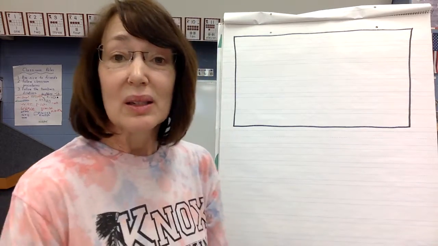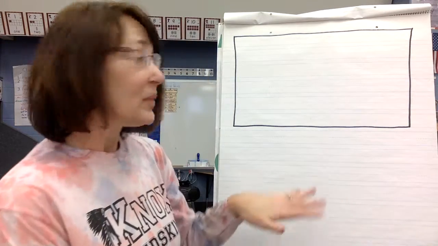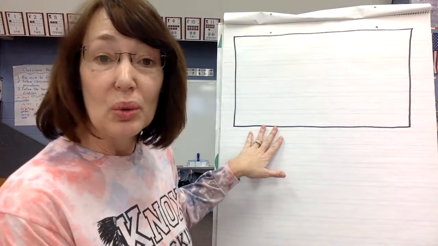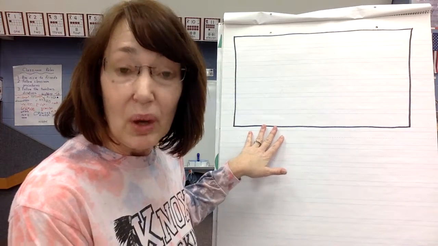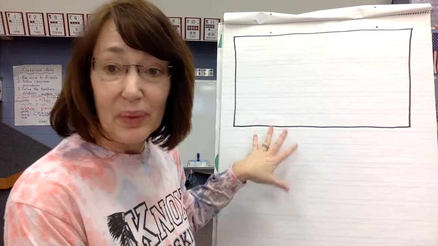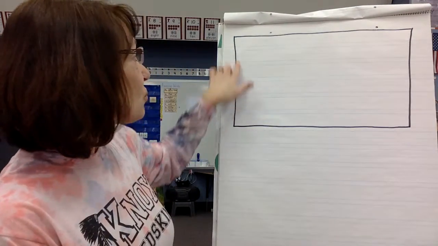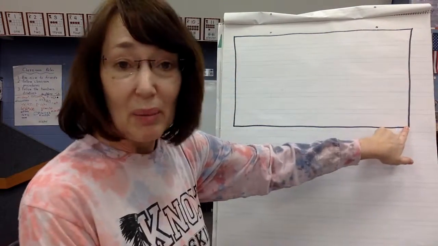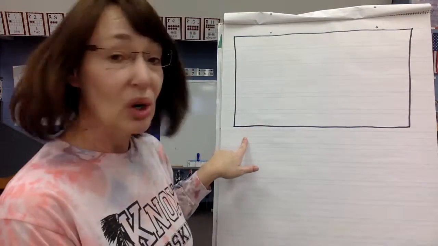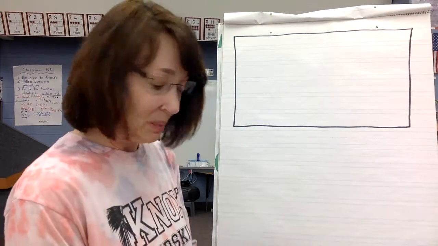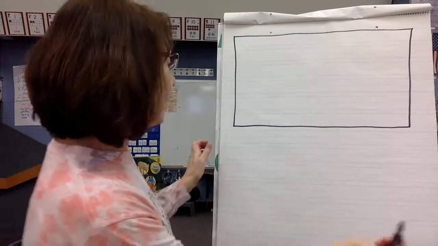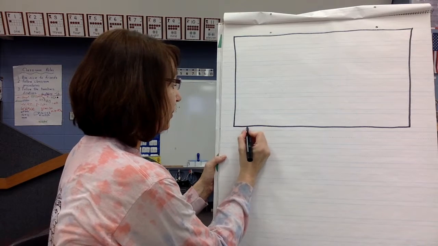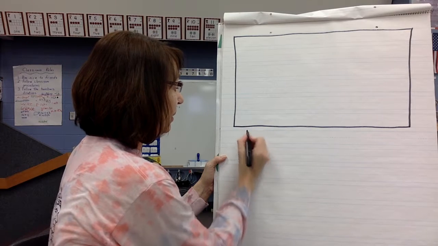All right, my sentence is going to be about a snowman, and you can use your e-learning journal, or you can just use a blank piece of paper. I've got a piece of paper here, and I drew a rectangle. That's going to be where my picture goes, and then I'm going to start down here and do my sentence. All right, I'm going to start with the